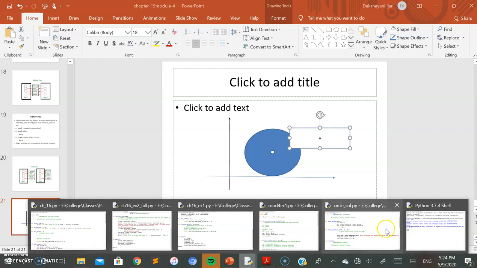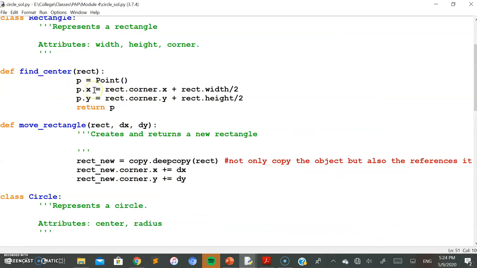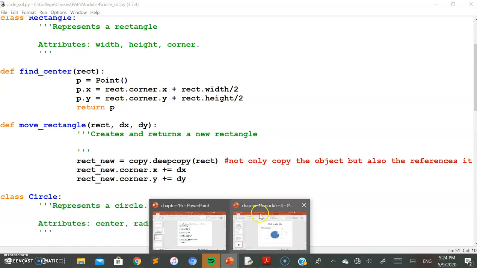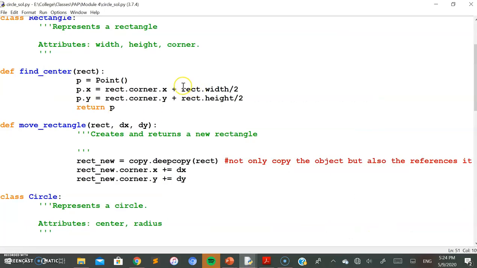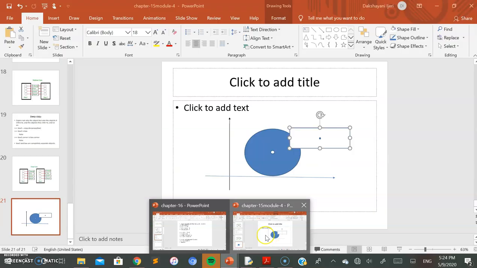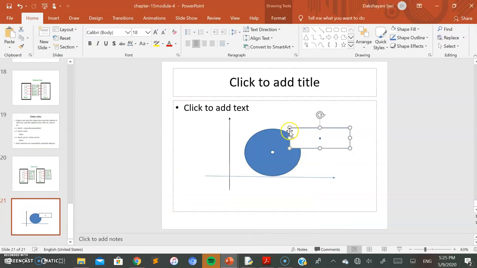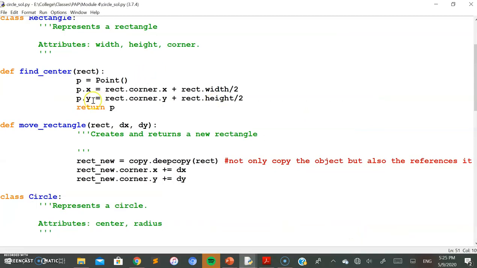That is what is done in this solution as well. You can see the x value is calculated by finding rectangle dot corner dot x, which is the x value for this point, plus the width, rectangle dot width divided by 2, and similarly for the y, the y value of this point plus half of this height will give you the y value for the center of the rectangle here.